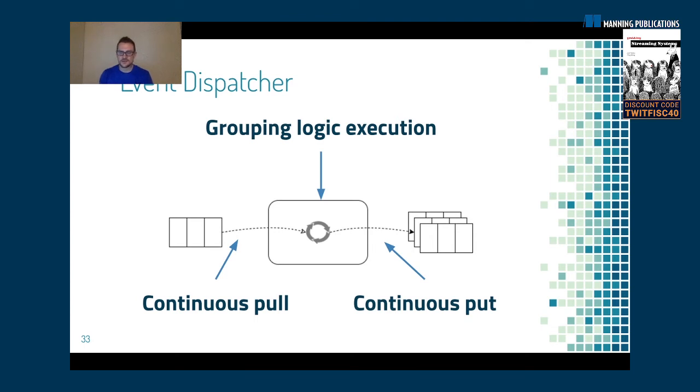So just to refresh here, and hopefully I didn't go off the deep end: the upstream components are putting all their data on one queue. Then your stream manager, or your event dispatcher, is pulling the events in order off that queue and placing them, based on the grouping logic, onto the next downstream queue. And that could be any one of those instances. It could be 1 or it could be 1,000. This is a continuously running job,